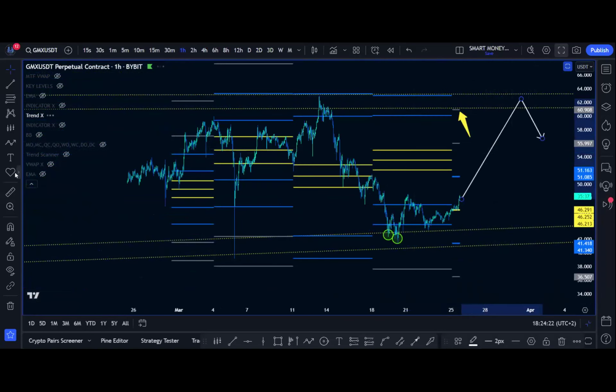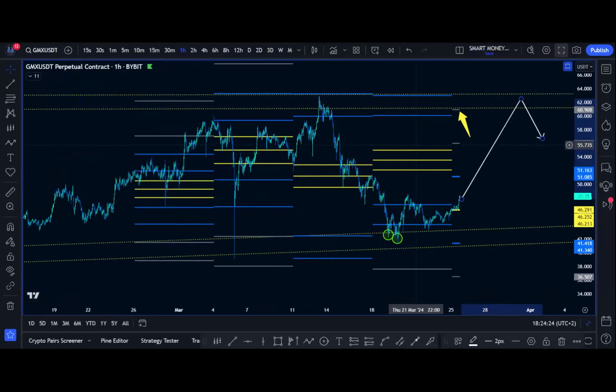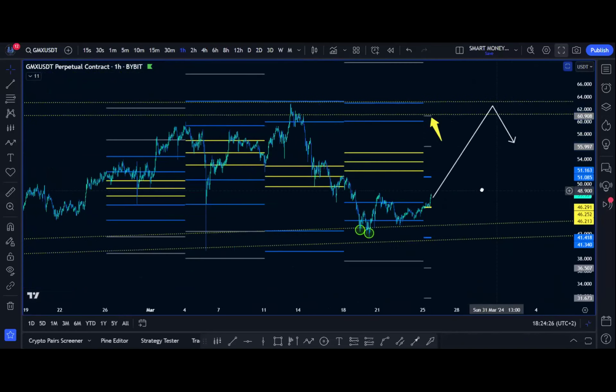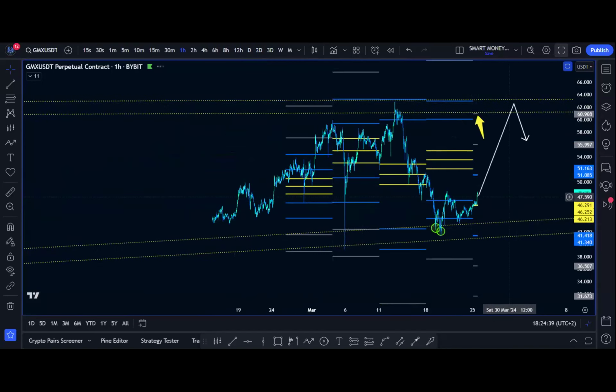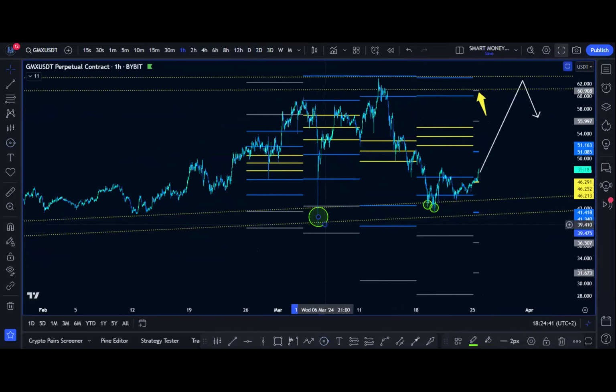Wherever price taps into liquidity levels, it usually drops off those levels. You'll be surprised if you grab 10 or 20 charts, put them on a 12-hour or a 2-day, and just start marking liquidity. You're going to see every time it taps into that level, we get a rejection and it drops down. You'll see over here what happened. Look there,